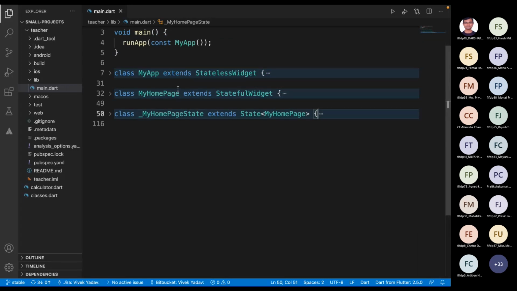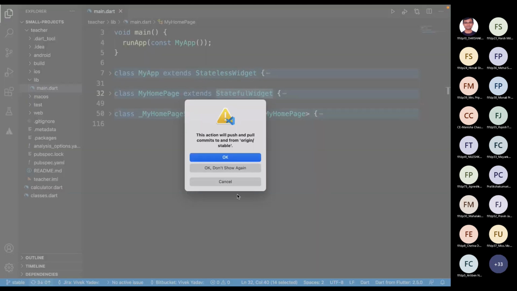Stateless widgets are widgets which don't have a state or which don't update themselves. Stateful widgets are the widgets which update themselves. For example, let me run our application again.